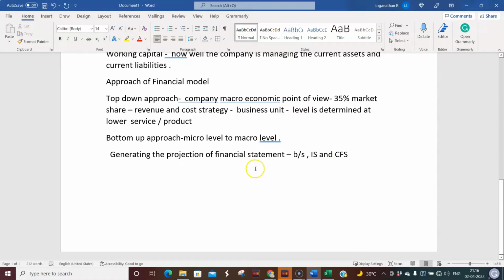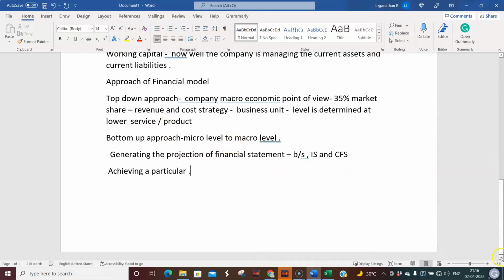In a similar way, this financial model can be used for another purpose also, maybe achieving a particular target. So what is the target level of sales that could be achieved, or the budgeting, that could be a budgeting model. So it differs depending upon the company's requirement and the policy that they frame. So once this has been done, right,